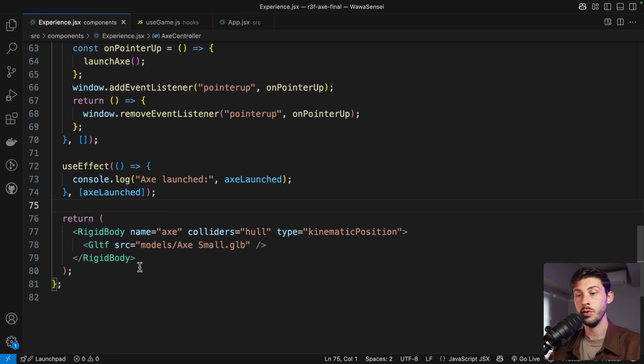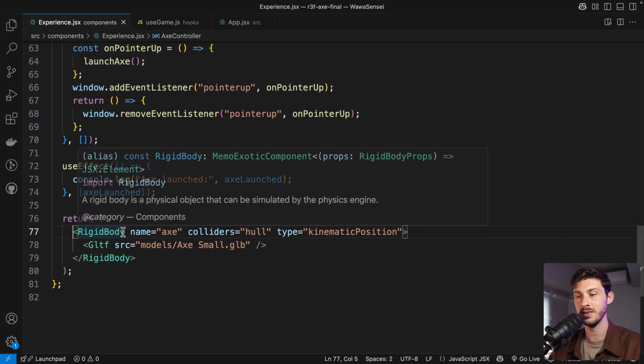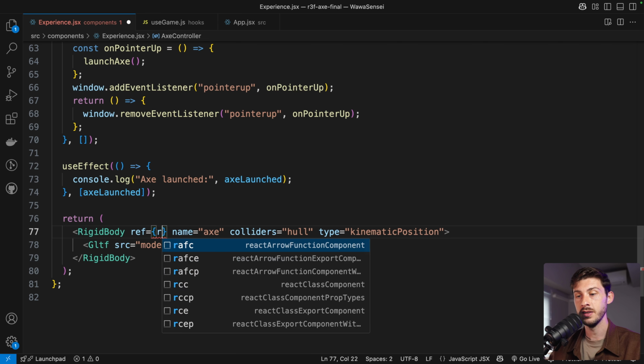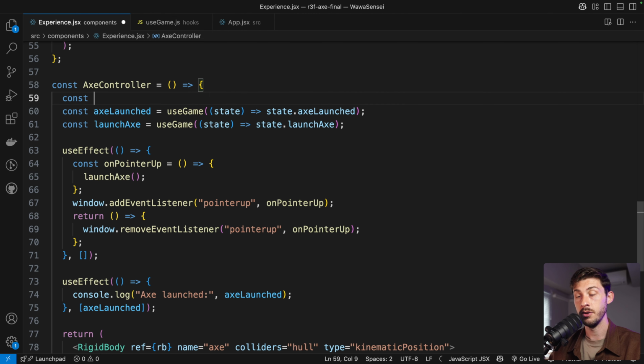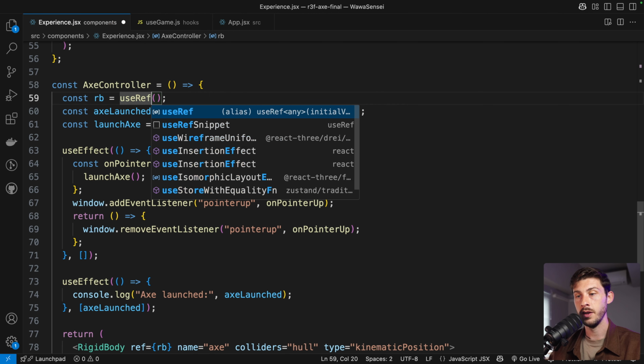Perfect. Now we need to apply some force on the rigid body when we want to throw our axe. We need a reference to it. Let's name it rb for rigid body, and let's create a reference with useRef. Let's quickly see what we want to achieve. We have our axe, and we will have the target on the right on the x-axis. We will send it to our right on the x-axis, but we don't want to just push it